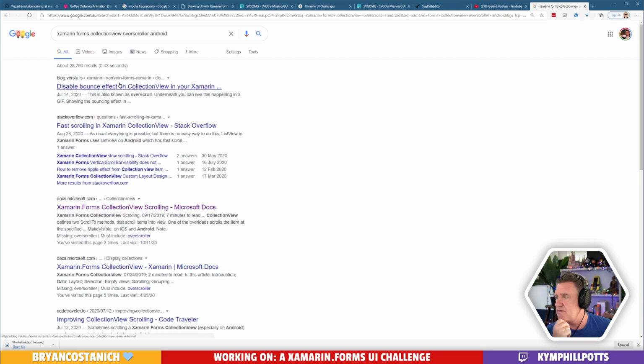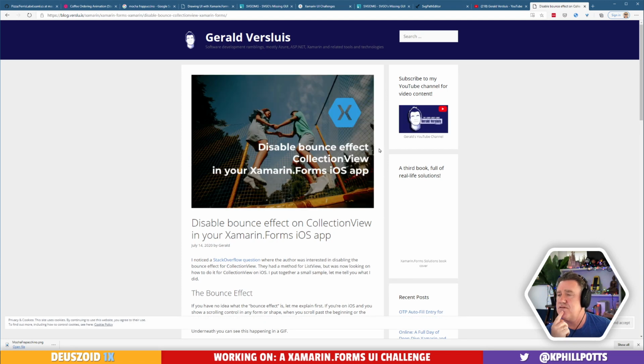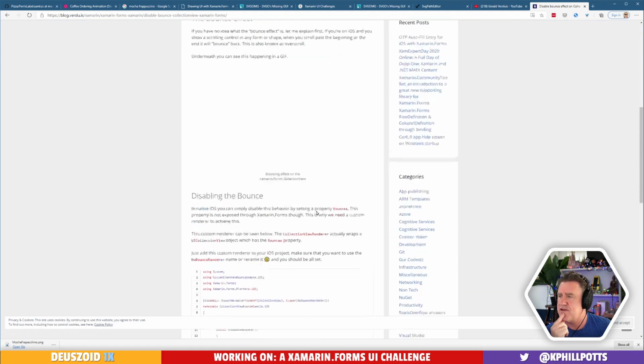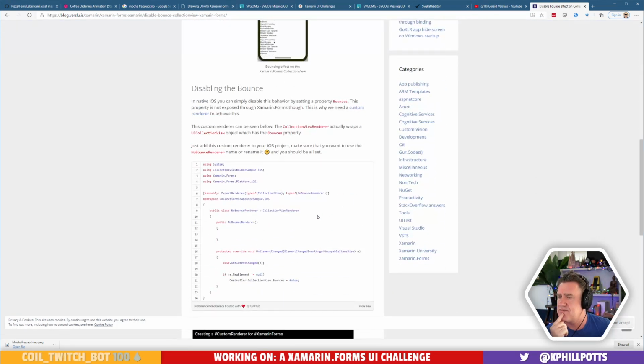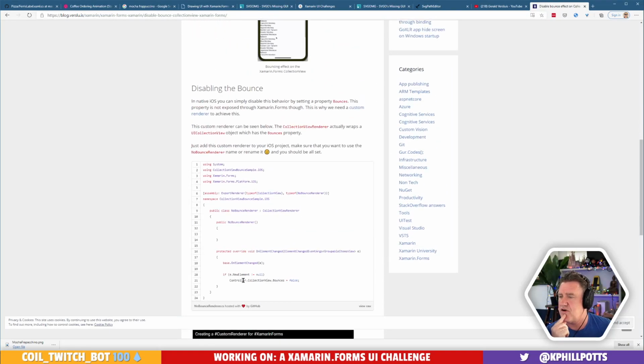So this is how to disable it, but I'm pretty sure, so I would have thought that it would, the bounce effect. This will just be for iOS, I bet. Yep. That's how to turn it off on iOS.